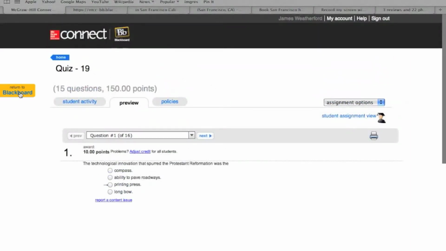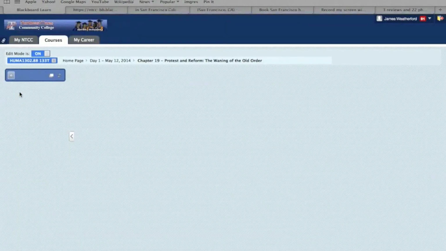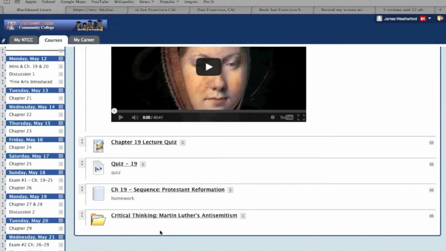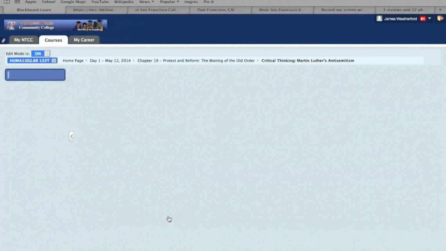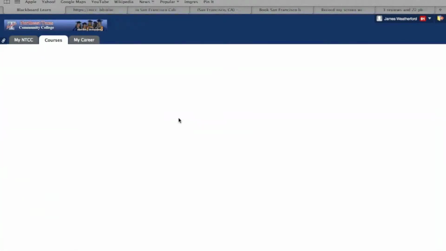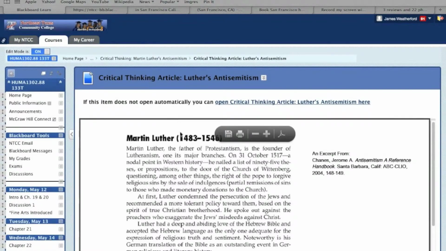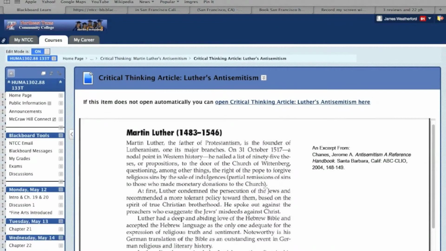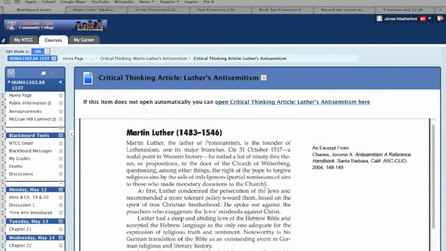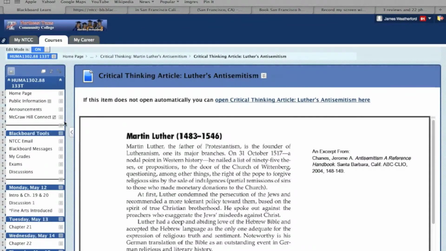One thing that is important, not in every chapter in 1302, but I think every chapter in 1301, you will have these critical thinking folders. When you open that critical thinking folder, you will always find an article, at least, and a quiz. Now, you might find a video and an article. Most of the time, you'll have an article and a video, and it'll basically narrow in on a more specific key figure or character that we discuss in the book, or a topic, but we usually just highlight an individual and get us to think closer and more critically about